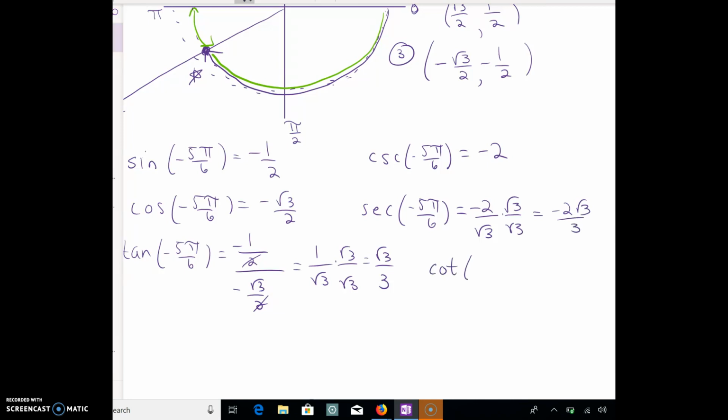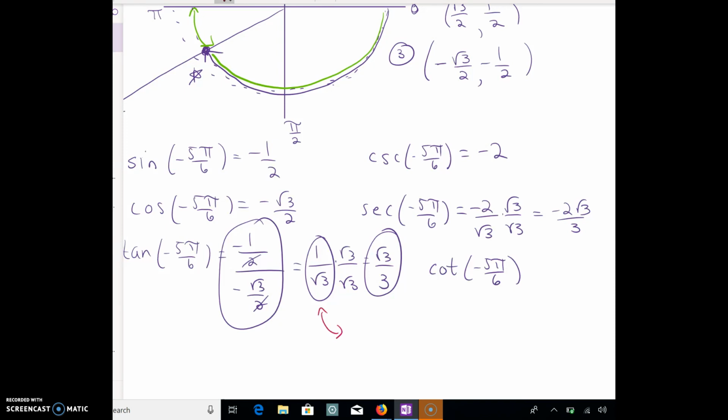And then cotangent of negative 5 pi over 6. Now remember, I can flip it at any point over here. So I could flip it at this point, I could flip it at this point, I could flip it at this point. They're all equal. And the point at which I want to flip it is this point right here, because first